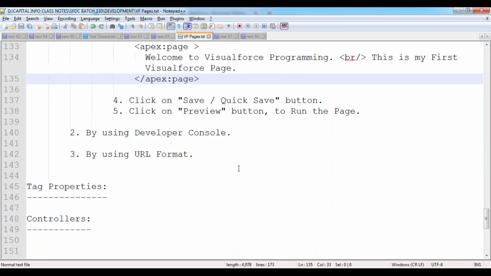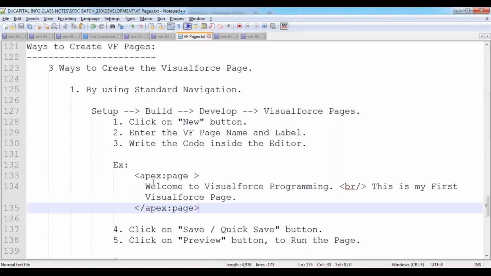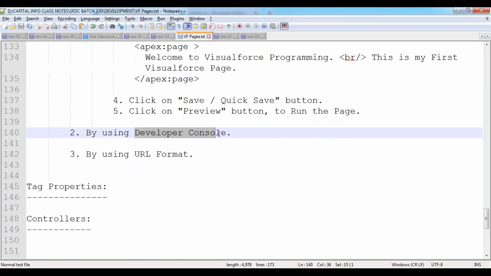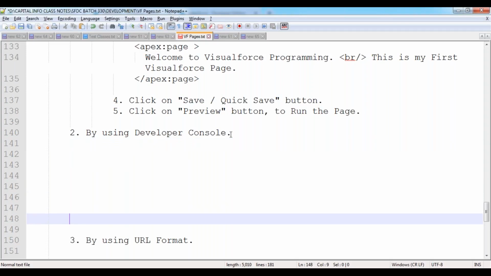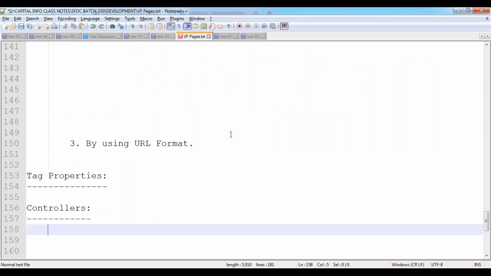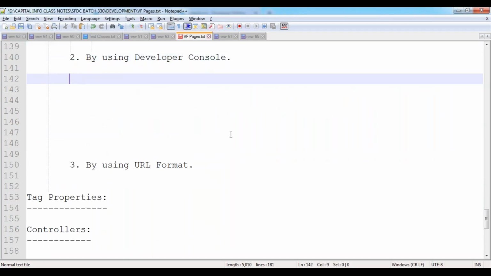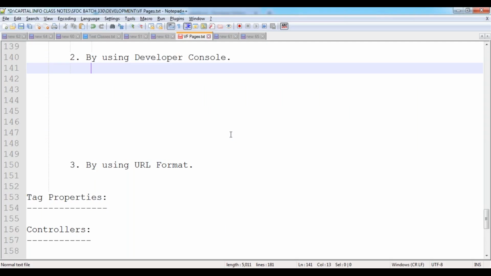Now, the next one, the second way, is the Developer Console. How to create the Visualforce page by using the Developer Console? Now let's see. It's not a new thing. You are already well aware of the Developer Console. Just as we create Apex classes, in a similar fashion we create Visualforce pages also by using the Developer Console. In this case, click on your name